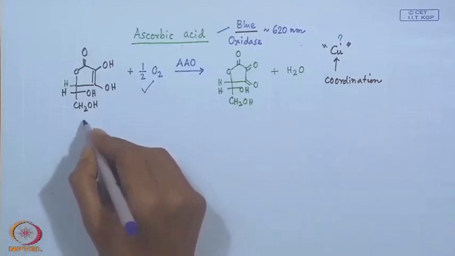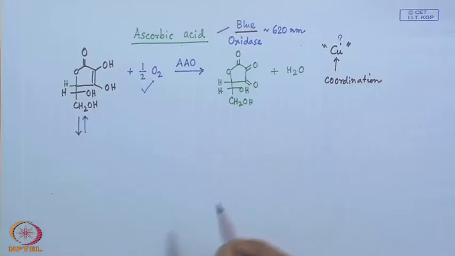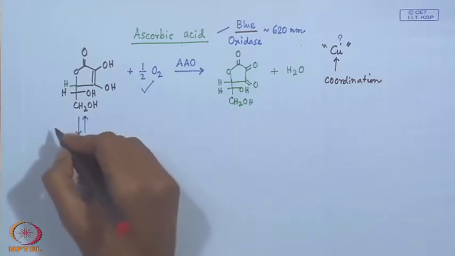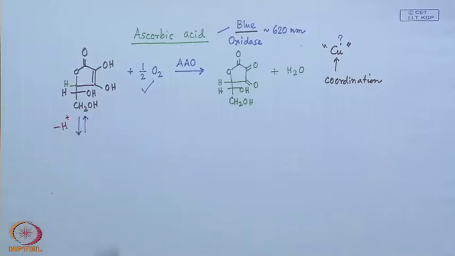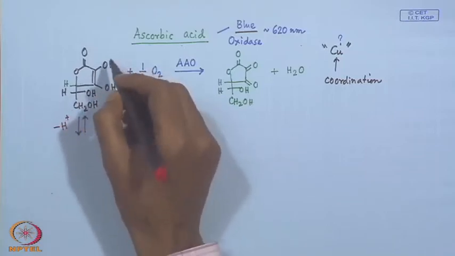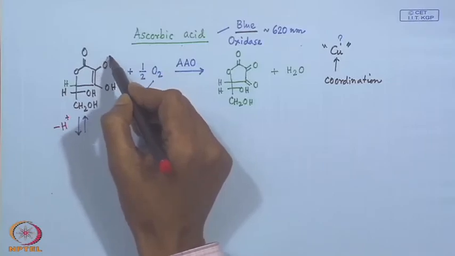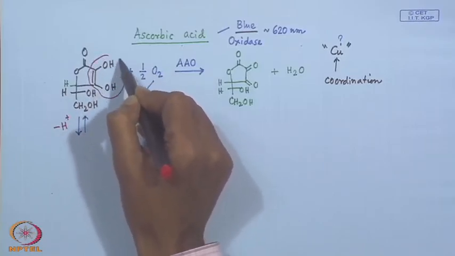So, this particular unit, when we talk in terms of ascorbic acid oxidase or ascorbate oxidase, means it can go for deprotonation nicely. So, this deprotonation will give, so now onwards basically, because this is the part which